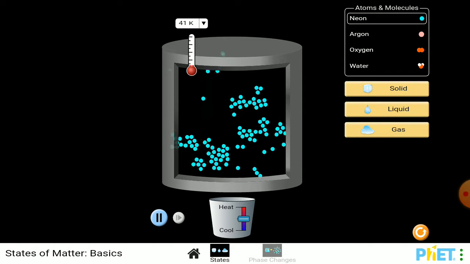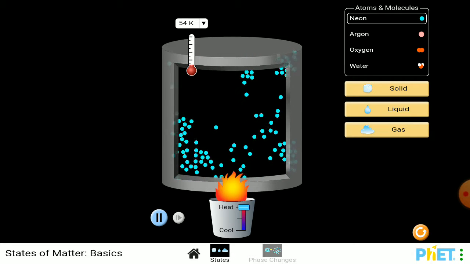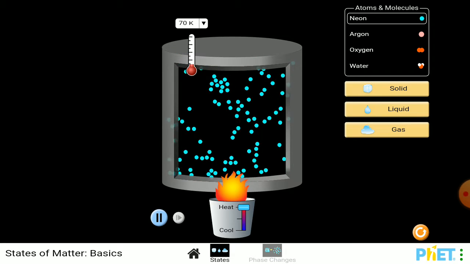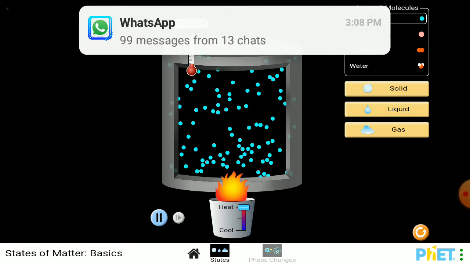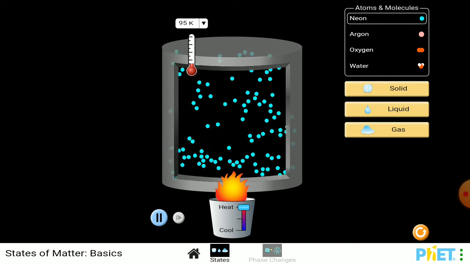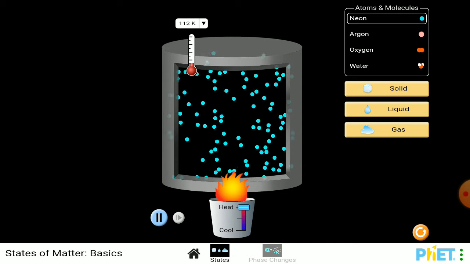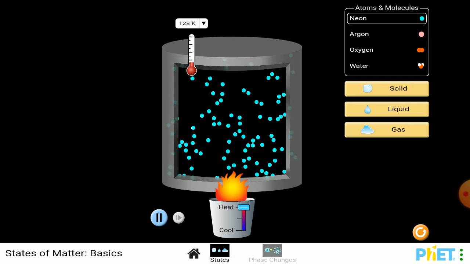So I have provided heat to the molecules here, and due to the heat these molecules are separated from each other. And this is the process we are going to study. The temperature you can see is again and again rising, 95, 96, 97, and it reaches after 100 Kelvin. Fine. So you can see the molecules separated from each other.